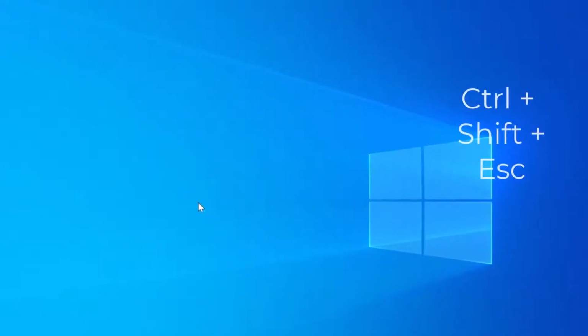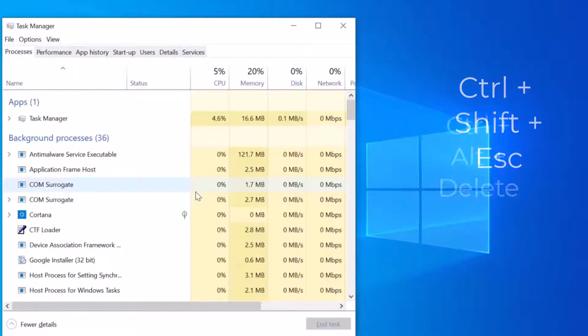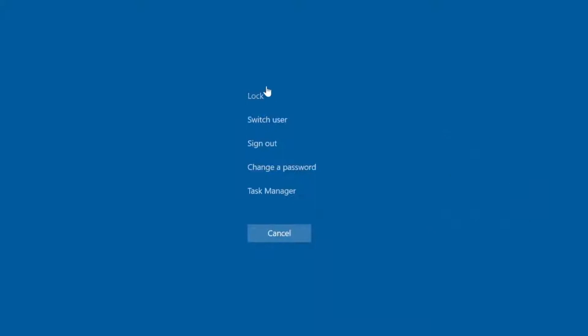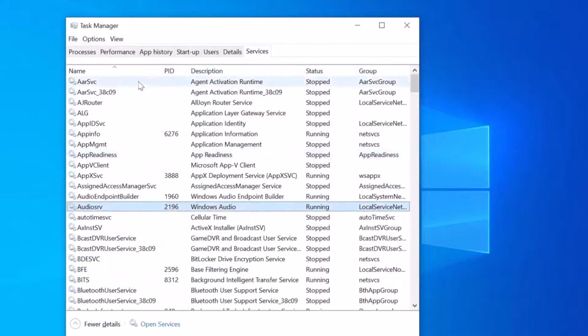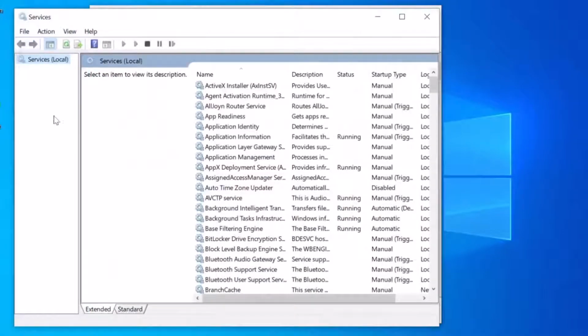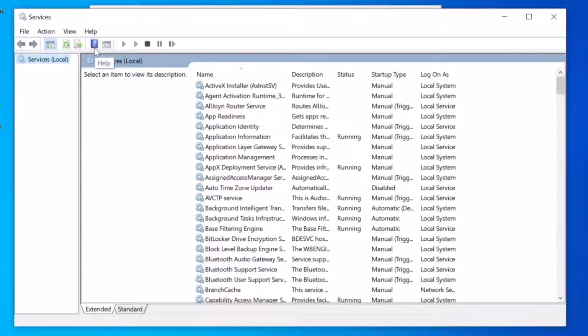First, press Ctrl plus Shift plus ESC to open Task Manager, or Ctrl plus Alt plus Delete. Then select Task Manager. Once Task Manager is open, click on the Services tab and then click on Open Services at the bottom. This will open the official Windows 10 Services window. From here, click the blue question mark icon for help,